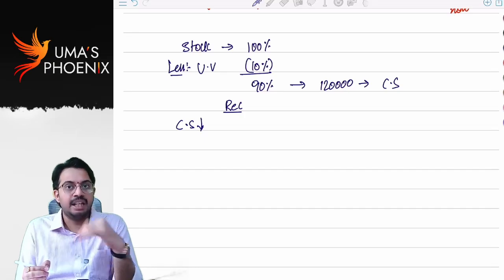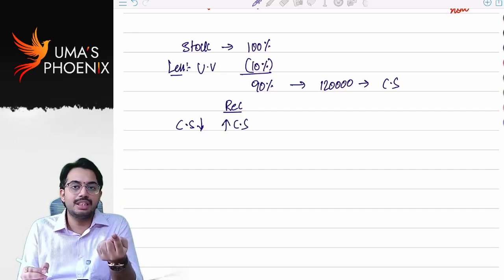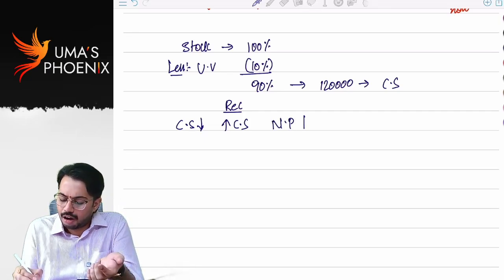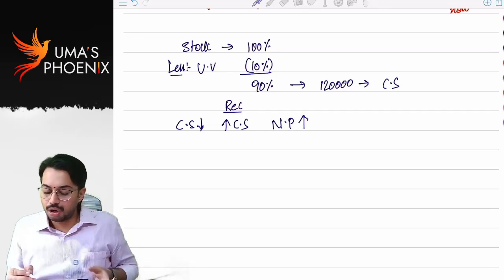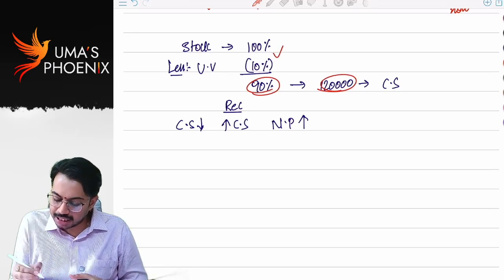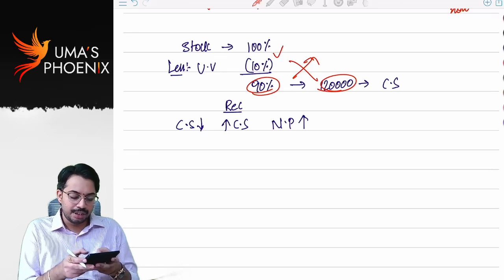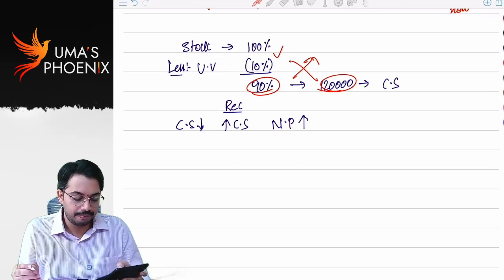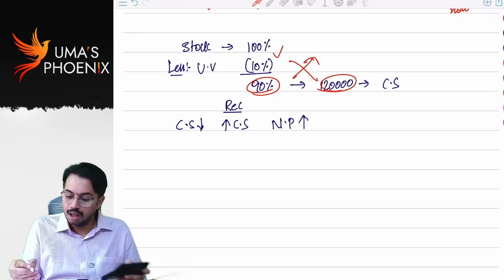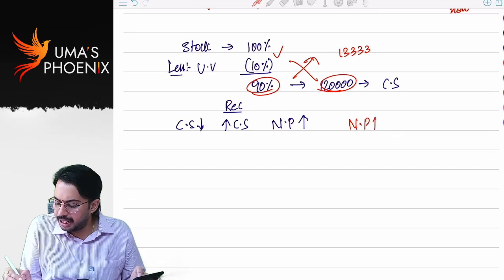To rectify it, we will increase closing stock. When we increase closing stock, income side increases. Automatically net profit increases. So if it is at 90%, how much is at 10%? Let's do cross calculation. 1,20,000 divided by 90 into 10. 13,333. So net profit should be increased by